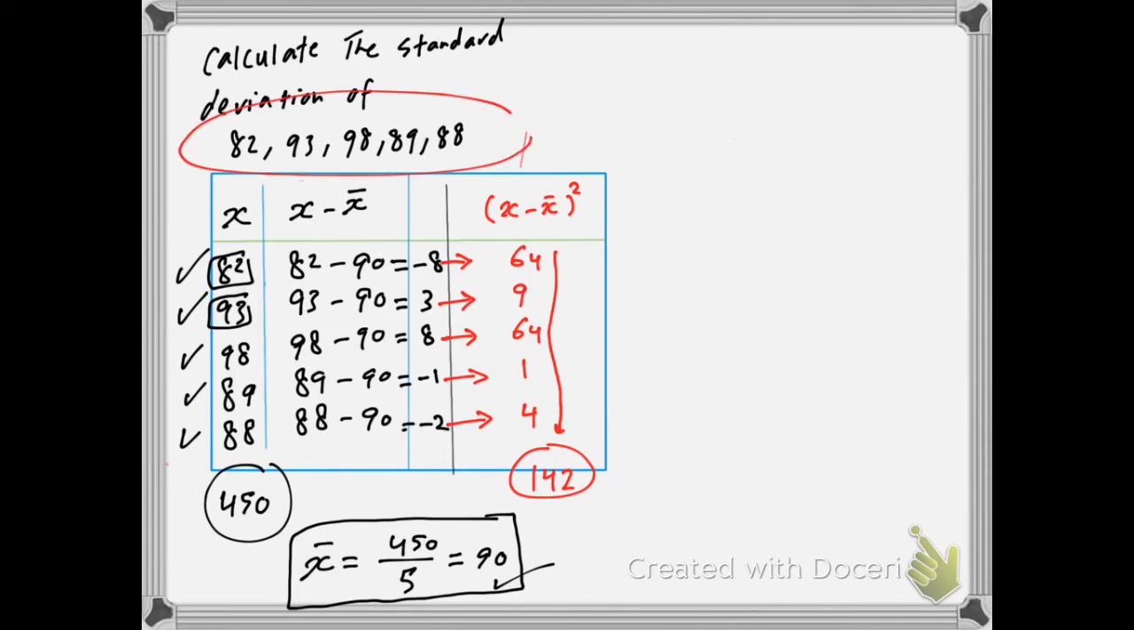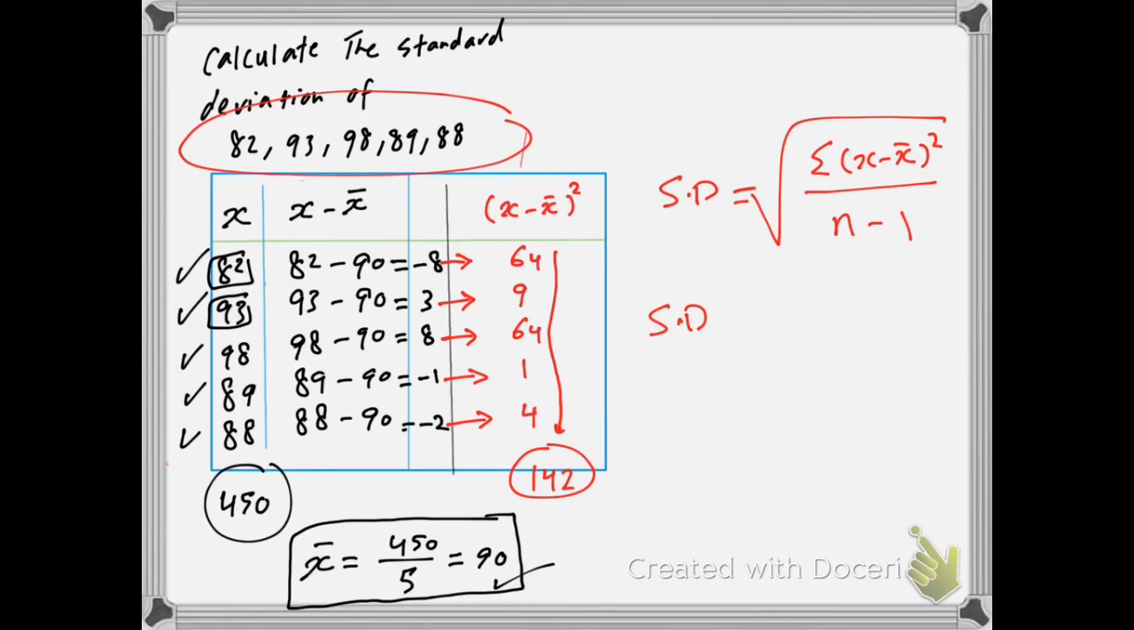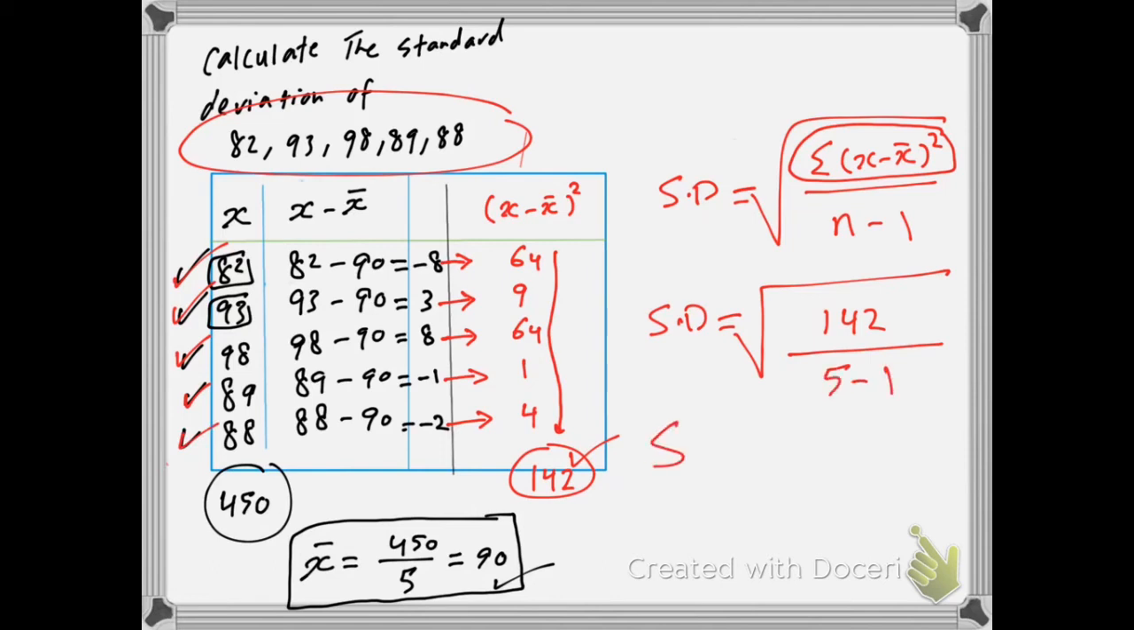Now, the standard deviation of this sample will be equal to the root of this fraction: summation of x minus x bar all squared divided by n minus 1. That means the standard deviation of this sample will be the root of the fraction. The summation of x minus x bar all squared, we did it here, 142, divided by n, the number of the data, 1, 2, 3, 4, and 5. That means it will become 5 minus 1. Then the standard deviation for the sample S equals